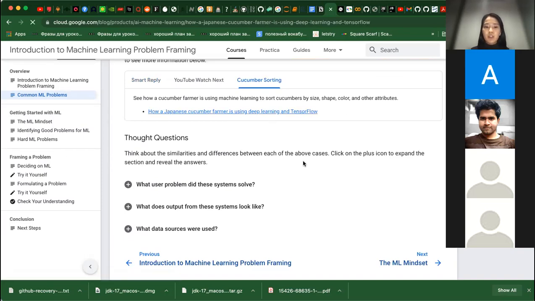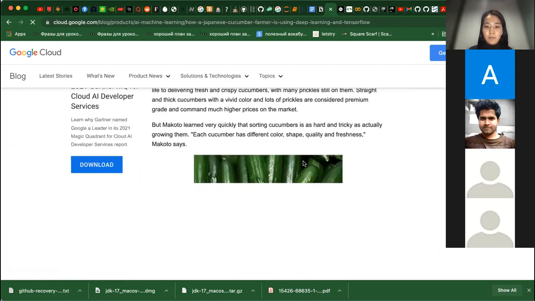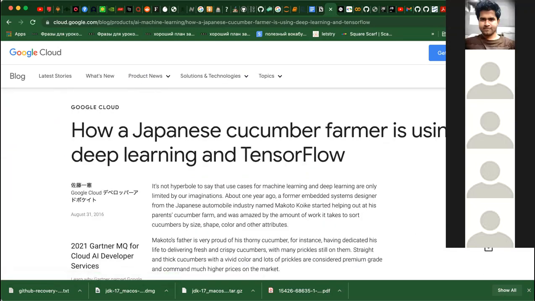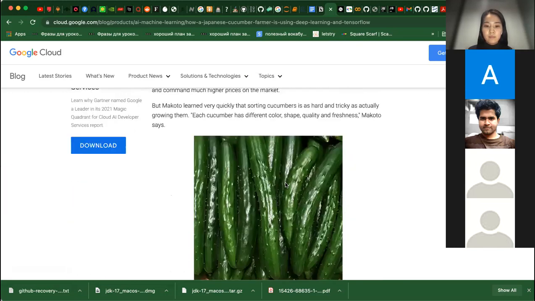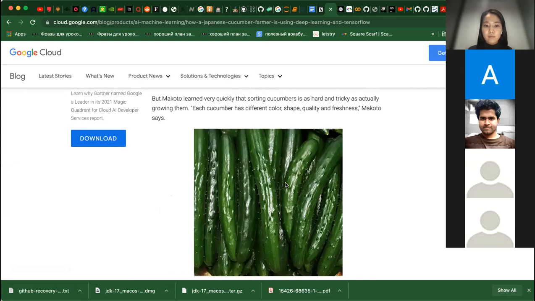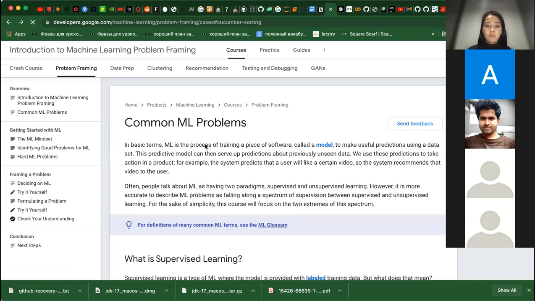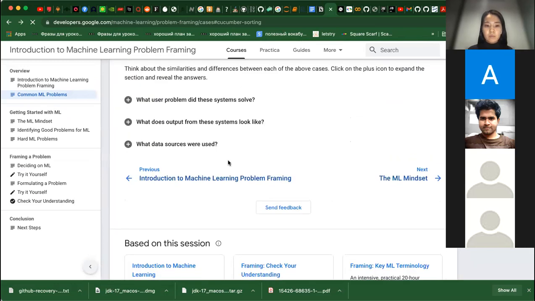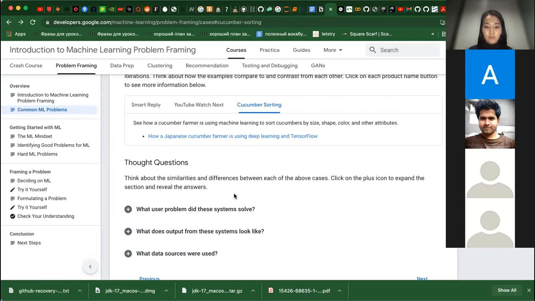This is the story about a Japanese farmer. I guess that for cucumber sorting, the sorting process was predicted based on the size differences of the cucumbers, and a particular pattern, or a line drawn between which are smaller and which are larger ones. And with that knowledge, whenever the harvesting happens in subsequent years, they can be sorted easily based on what was previously predicted.